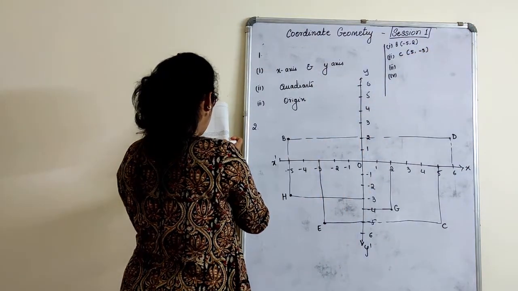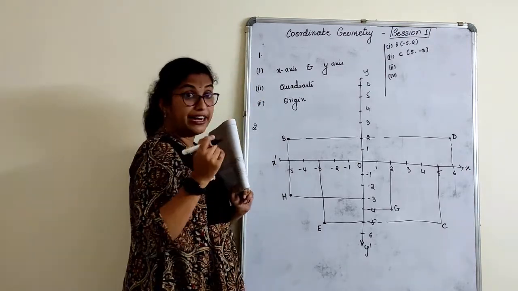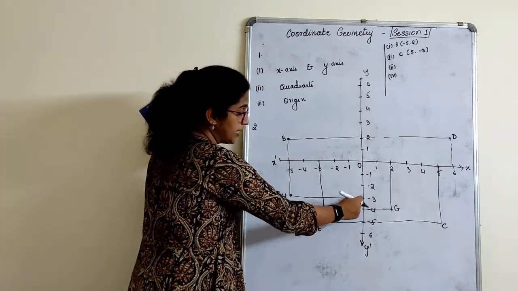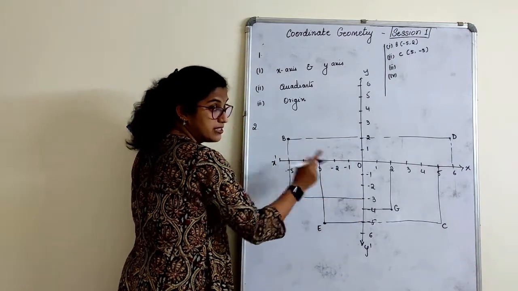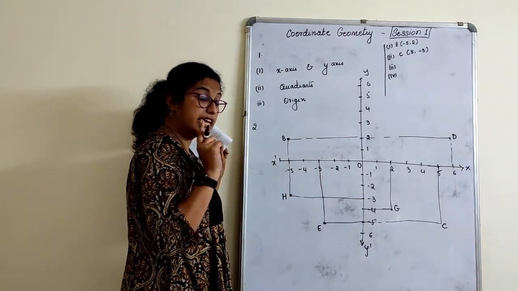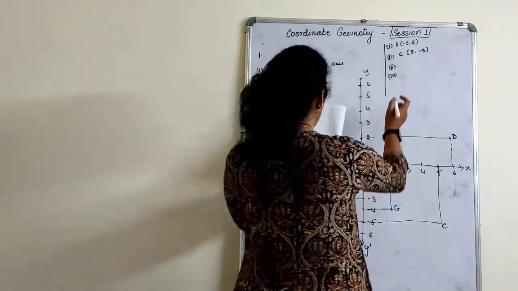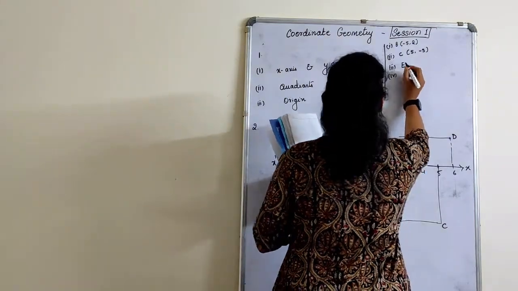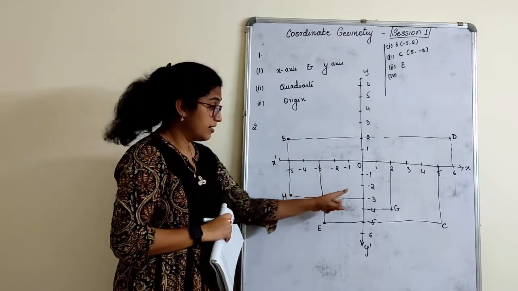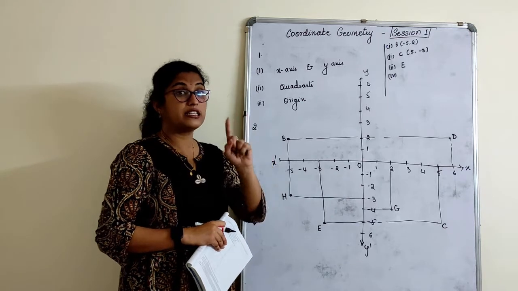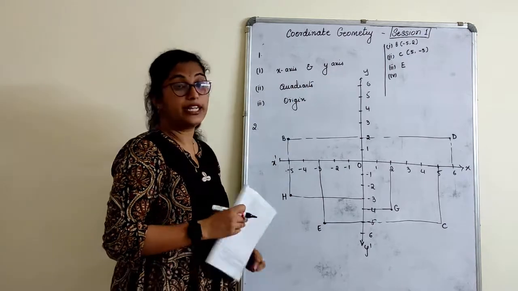Next, the point identified by the coordinates minus 3 and minus 5. We need to find which point. We have minus 3 and minus 5. Minus 3. So children, first minus 3. Don't look here for minus 3. Why? Minus 3 is in first x-axis. Minus 3 and minus 5 is point E. So answer is only E. See, the chances are there. Minus 3 and minus 5, you will say H, right? 3 is here in y-axis. First always look for x-axis only. So minus 3 in x-axis, then minus 5 is point E.